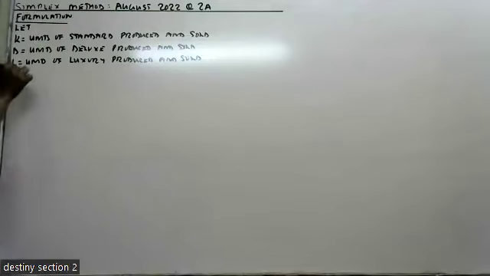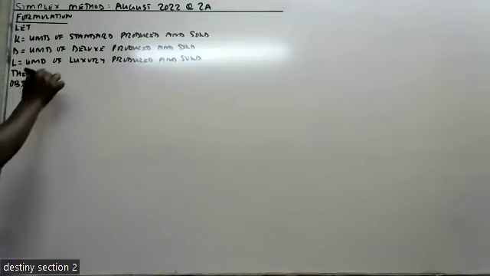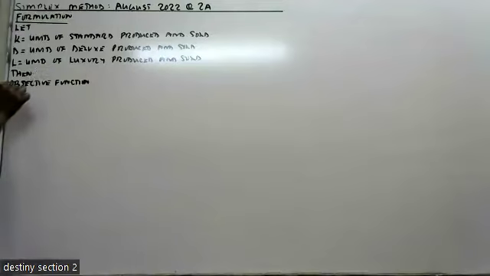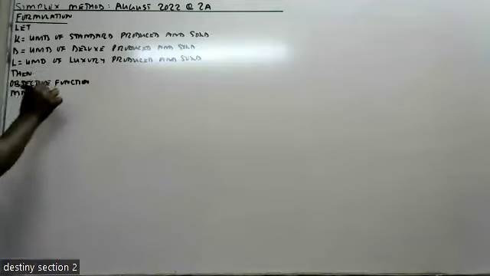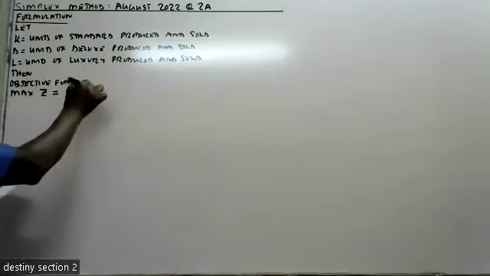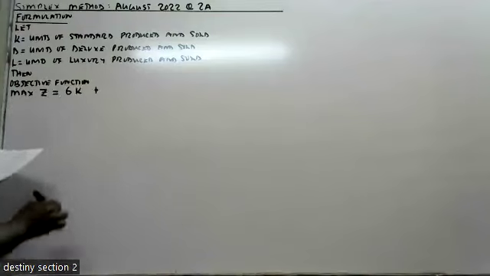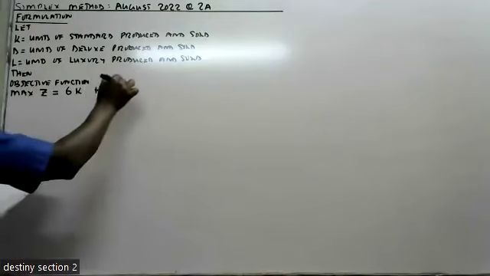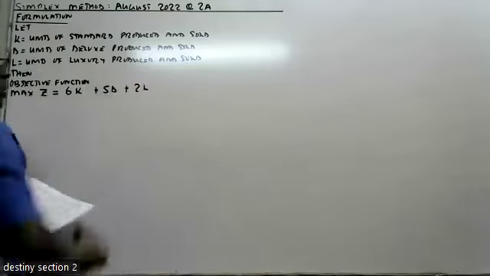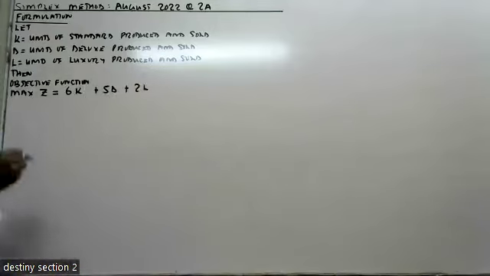Then, objective function is to maximize Z, which is equal to the contribution margin for standard is 6, so it is 6K, plus deluxe is 5, so 5D, plus 2L. Now this is subject to,